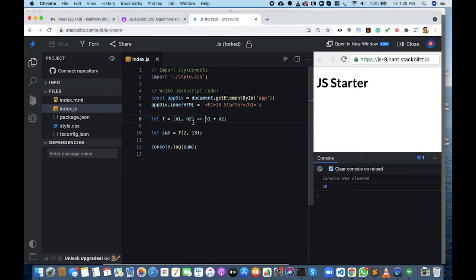So it's the same as a function which takes n1, n2 and returns n1 plus n2. Right? So just copy it and keep the old code as a comment so that you have something to reference. So this is the same as this. So f is a function which adds two numbers.